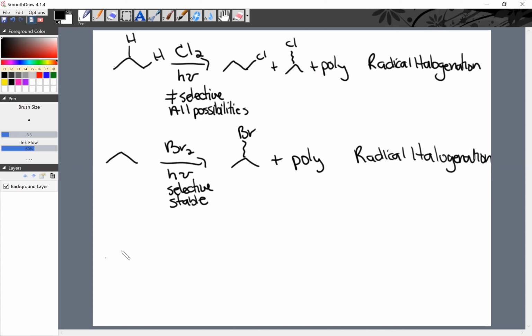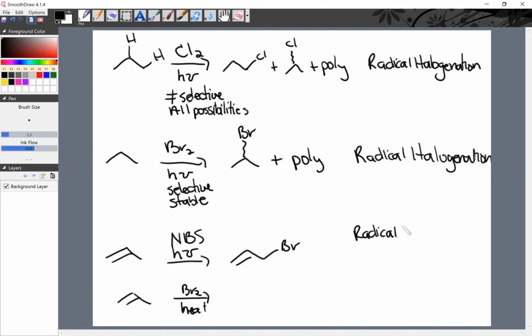And then we saw the same thing with NBS, and then some kind of light or heat, and Br2, but with heat. With NBS, it is selective to the allylic location. Okay, so this is technically radical halogenation still. But beware,